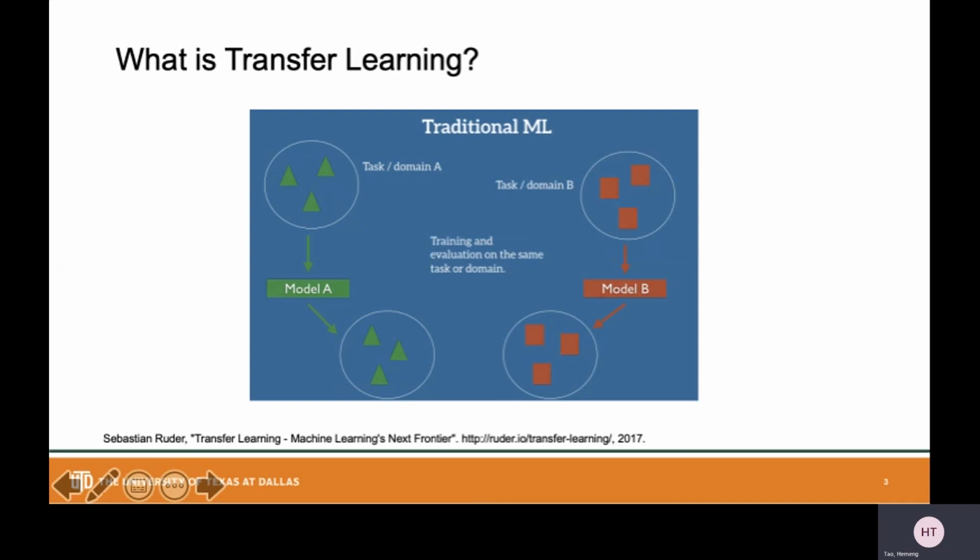These traditional supervised machine learning algorithms break down when we do not have sufficient labeled data for the task we care about to train a reliable model. For example, for task B, if we do not have enough training data, model B probably will not perform well on the test data due to the lack of labels.